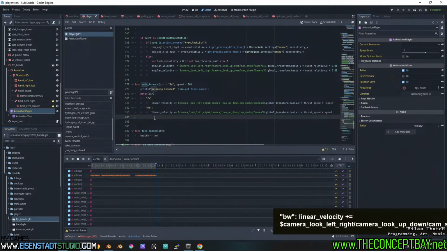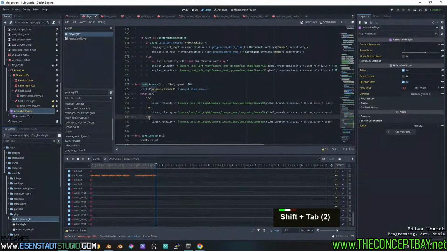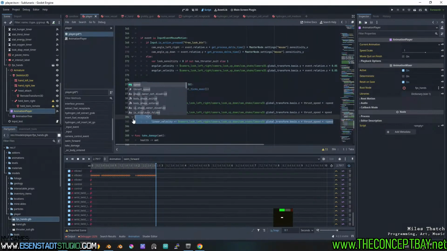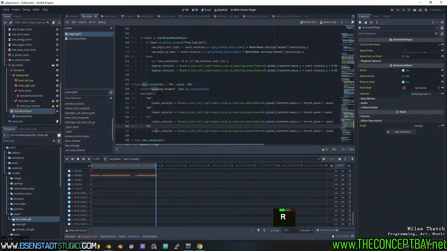And then if it's left, then linear velocity is going to borrow from our x-axis. And I think it has to be negative x-axis. And then if it's right, it's going to be positive x-axis from the camera. Okay, so now